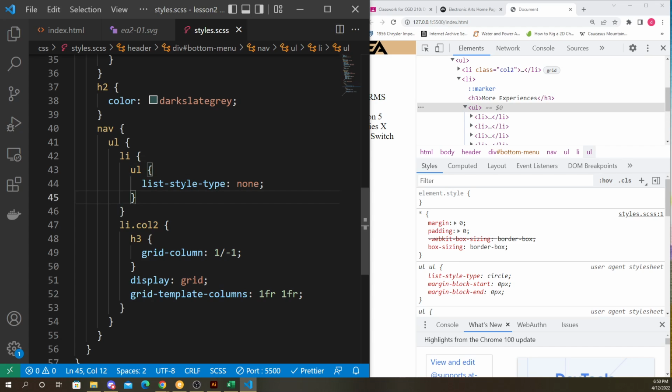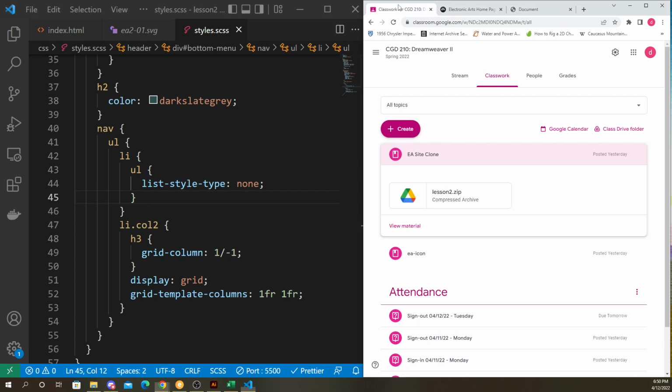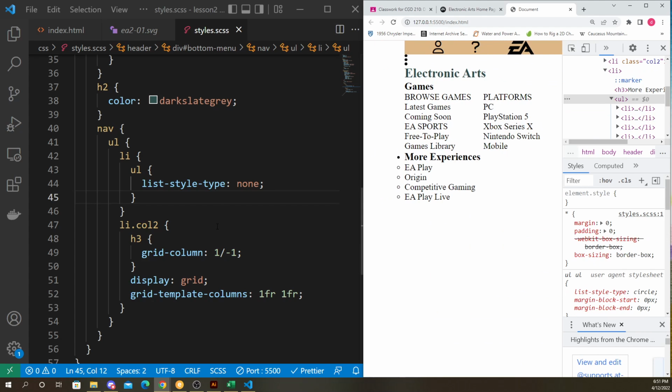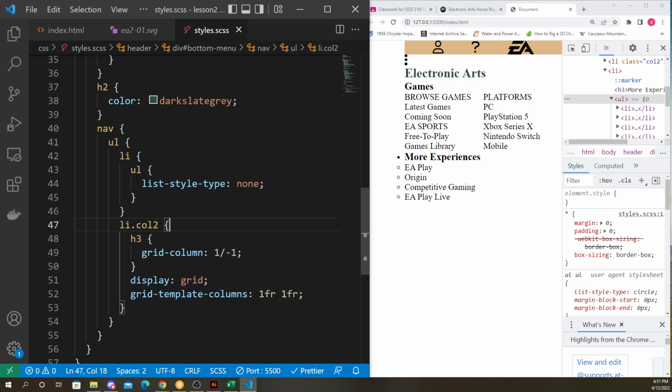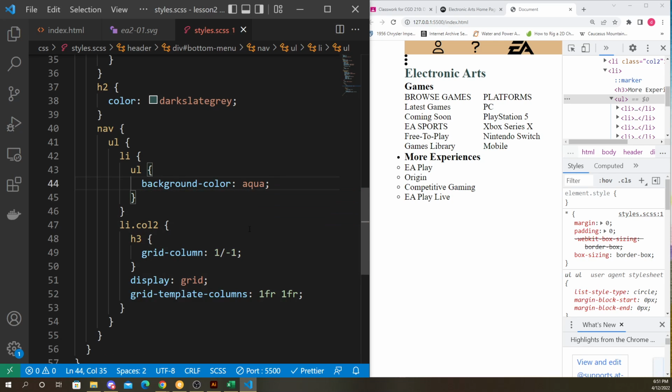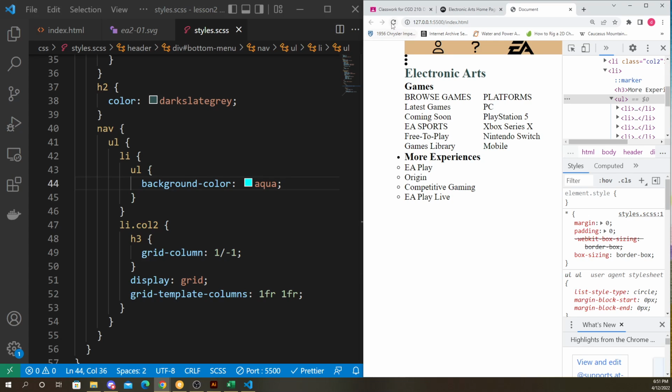So it should have taken away the bullets. Did I not save? Let me try background color. Okay, so